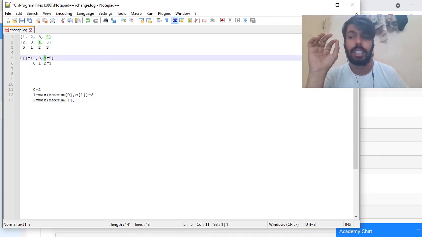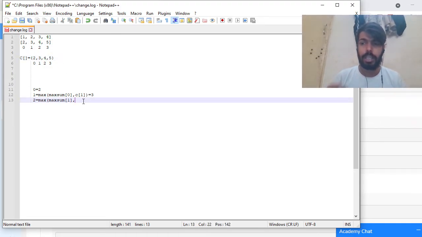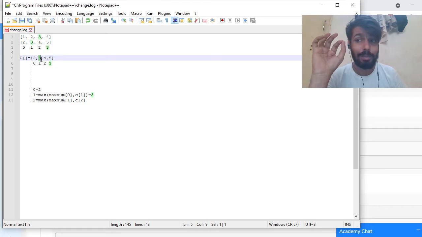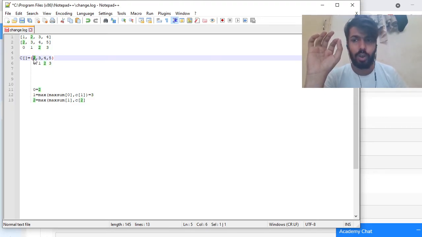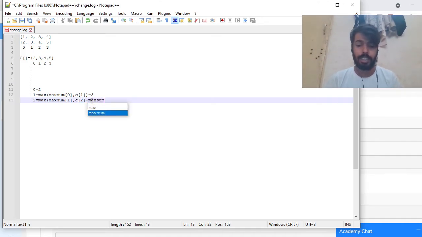Or suppose I am accepting this in my answer. I am saying that this element will contribute to my answer. Then our answer will be C of 2 plus, I can't select the adjacent element, but I can select the max sum till the 0th element.